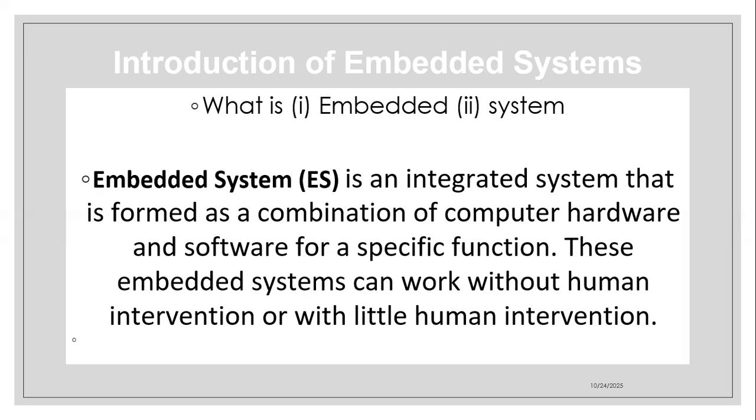Then can someone mention some examples of software systems or components? We have the operating system software, and we also have the application software. Also, utility software. So this is to say that when the hardware meets the software and they are brought together, we refer to it as an embedded system.